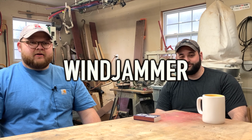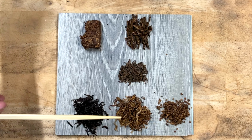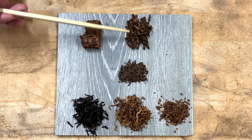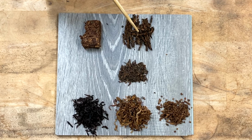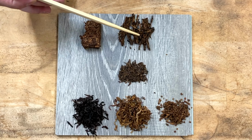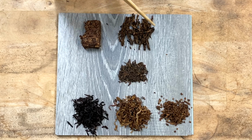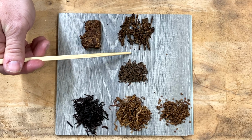This time it is on GLP's Windjammer, and I'll let Zach talk a little bit more about that. All right, so what we got set up here, we've got Burley, Red Virginia, Black Cavendish, and Perique. We're looking at Windjammer. You can see in this broken flake, it was hard to get a really consistent chunk. It looks like you can see some of that darker Black Cavendish running along with some of the Perique. And I imagine just the pressing and everything probably made that Virginia just a little bit darker. I know that they're not hot pressing or anything, but I wanted to add